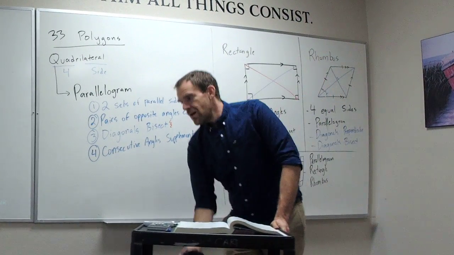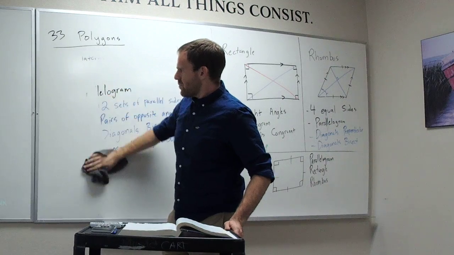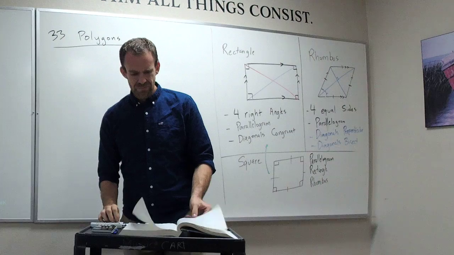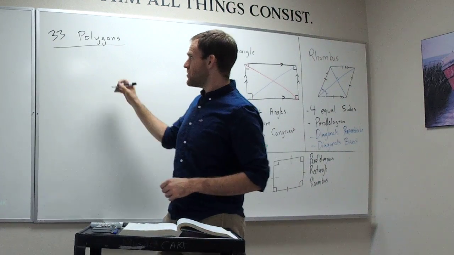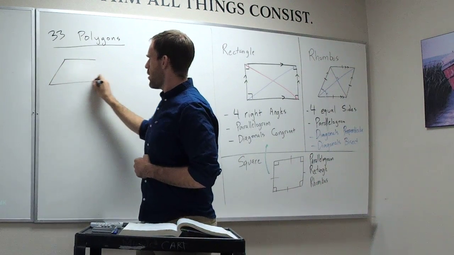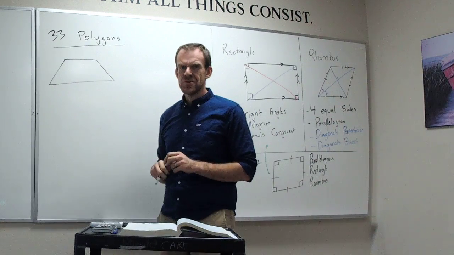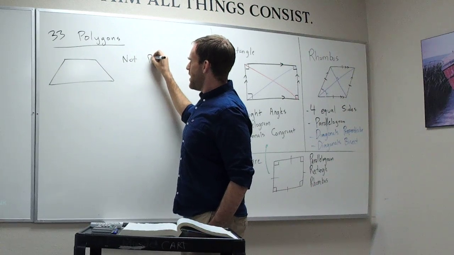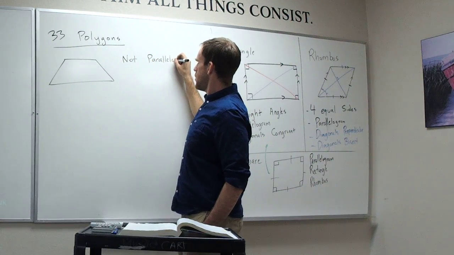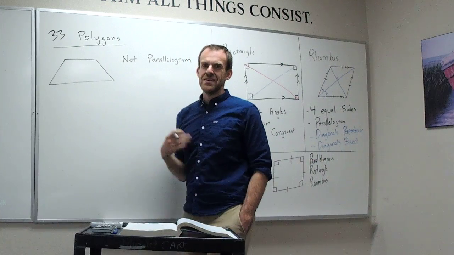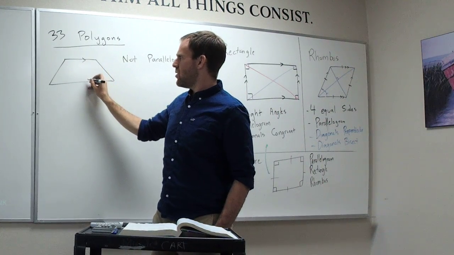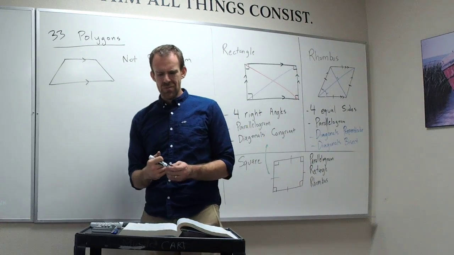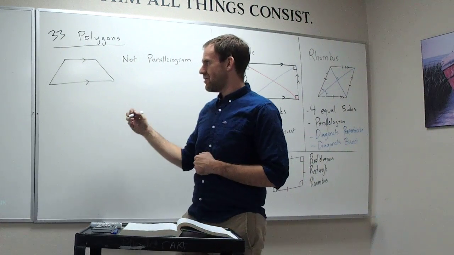Now, you will encounter some of these in your proofs, but the main problems from this lesson come from this shape called a trapezoid. A trapezoid is a quadrilateral, but it is not a parallelogram. Why is it not a parallelogram? Because it only has one set of parallel sides. Now, we can do some pretty cool problems with these. The first thing I want to share with you